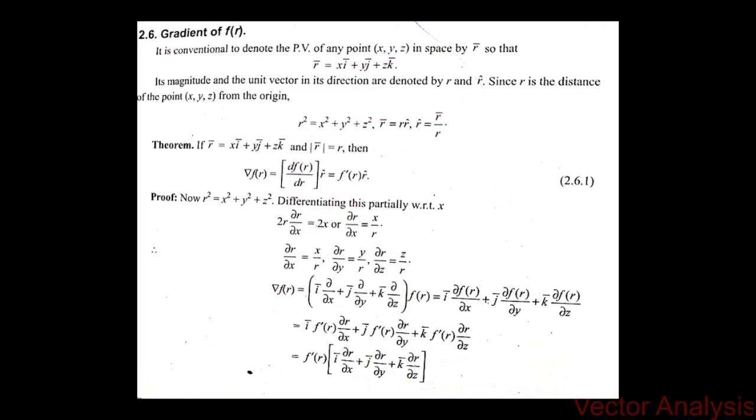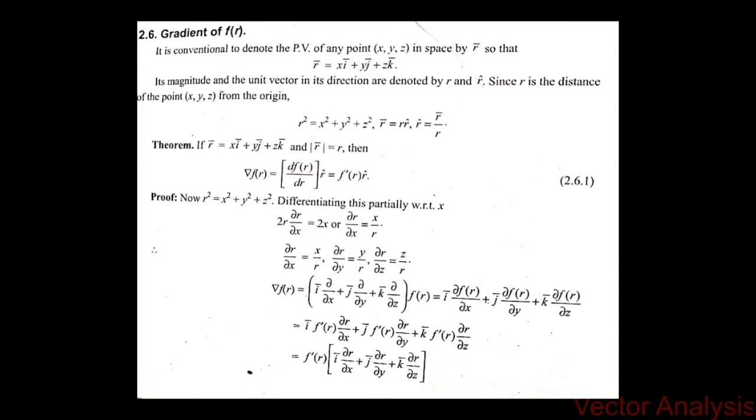Next, substitute these values in the given form. Consider the statement, that is del f of R, the LHS of the statement. Del is nothing but the gradient. The general form of the gradient is i into dou by dou x plus j into dou by dou y plus k into dou by dou z, operating on f of R. Taking f of R with this gradient, we get i into dou by dou x of f of R plus j into dou by dou y of f of R plus k vector into dou by dou z of f of R. Dou by dou x of f of R means you are differentiating f of R with respect to x, and similarly with respect to y and z.